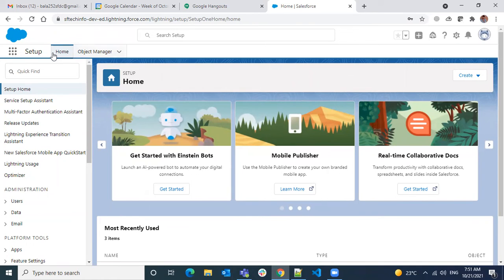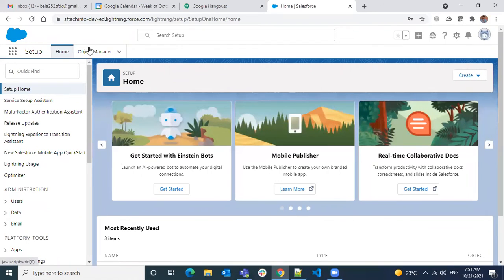Now we are already in setup mode. If you see here, there's the setup home page and object manager. You might remember, whatever we do now, everything will go through this wheel, and we'll go to setup and start doing it. You cannot go blindly. When you go to setup, this is how the page looks. The name will be setup, and you have two tabs, home and object manager. If you are already on a setup page, you don't need to go to setup again.